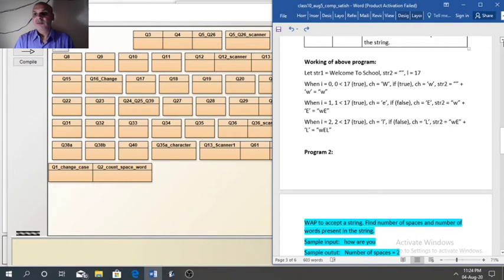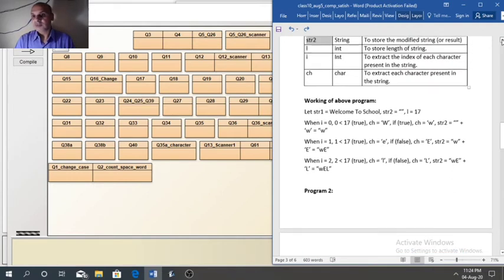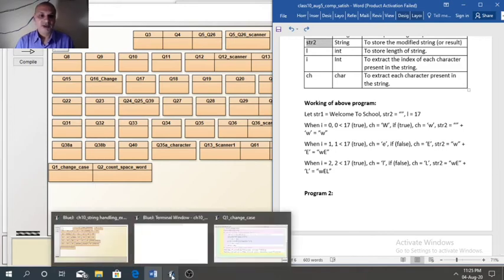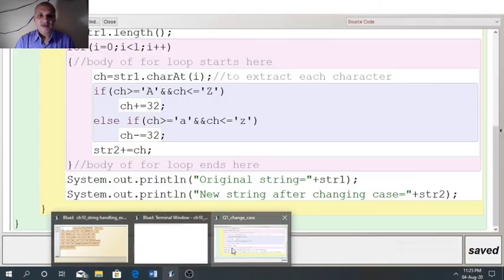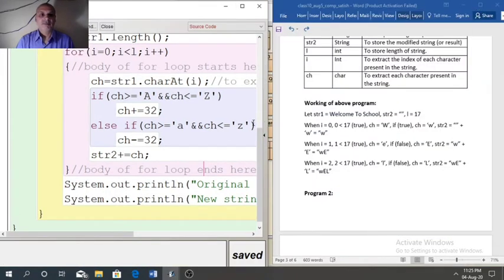Since it is first program, you need to pay attention, otherwise it will become difficult for you to understand. And similar type of working is required in all the programs. So if you understand here, then working of other programs will become easy to you. Now see the logic.